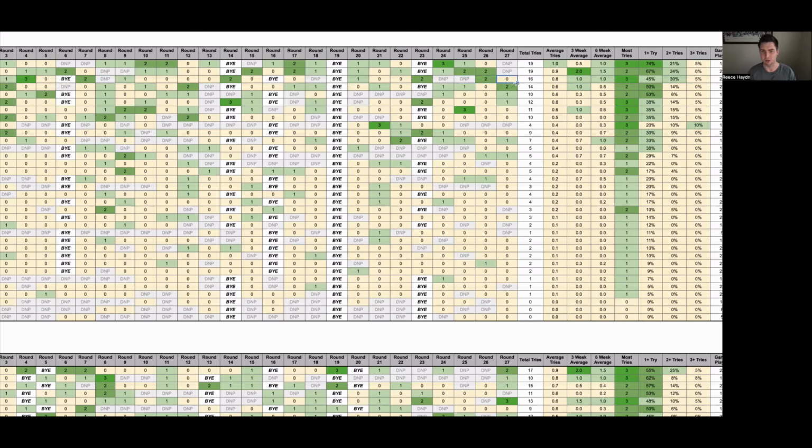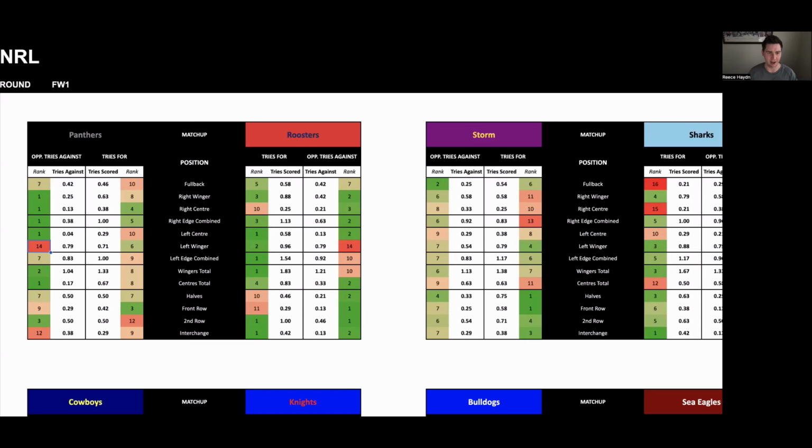As mentioned earlier, couldn't cross last week against the Titans in what was a lower scoring game. He scored a try in 45% of games this season. And considering the Roosters are the best right edge defense, you could take Toho on that side. However, I feel like the better bet is with Taruva,